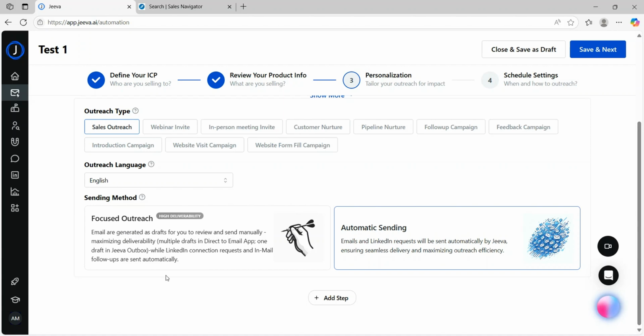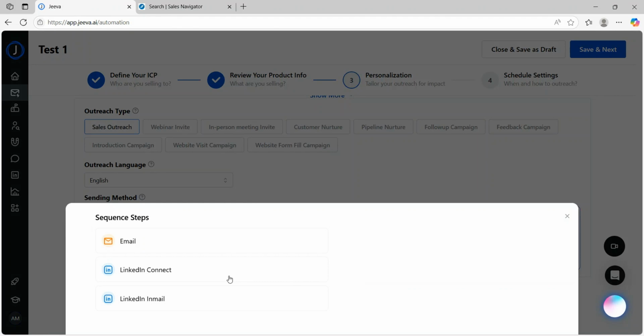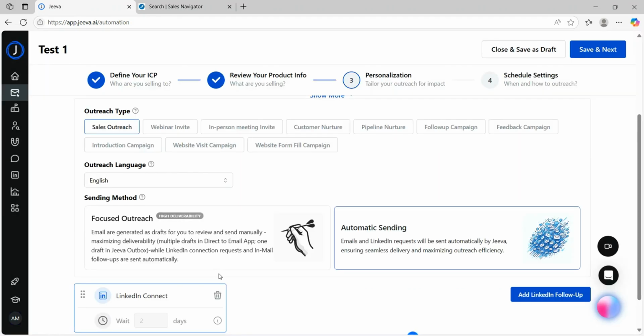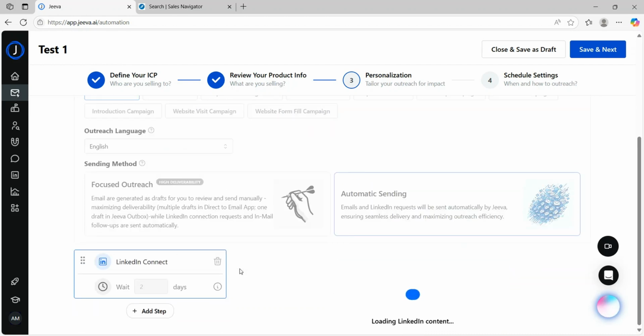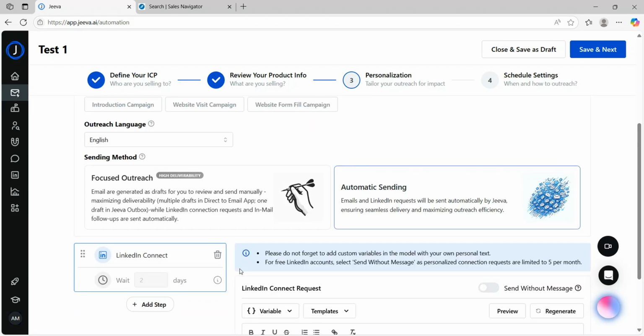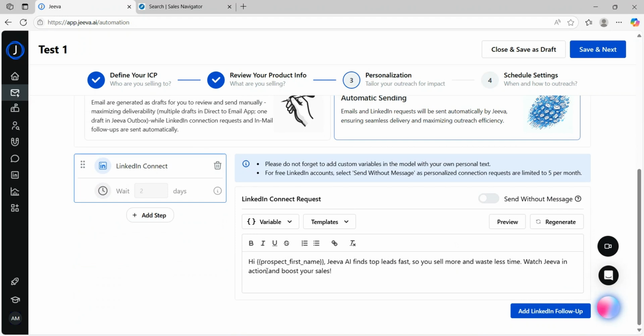So you just need to go and click on add step and select whatever you want to go for. For example, I just want to go ahead with LinkedIn Connect. So here you can see that Jeeva has given you a template wherein you can just go ahead and edit it according to your